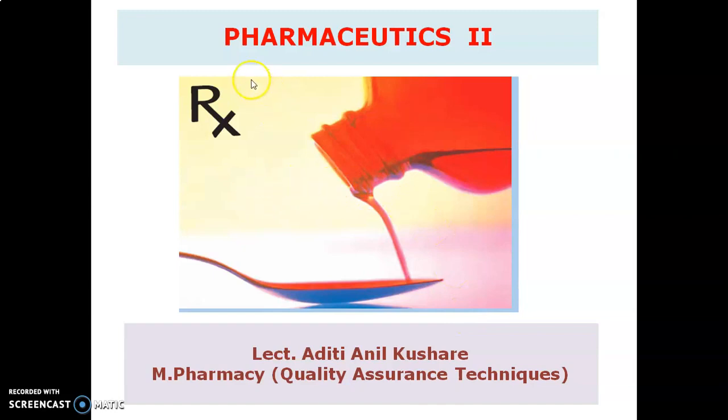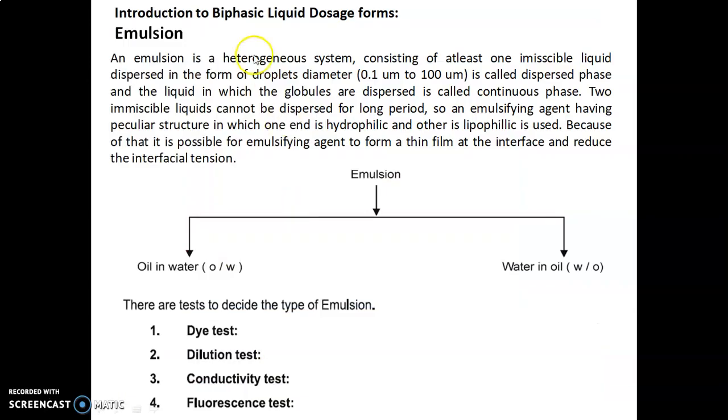Now we will discuss the Pharmaceutics 2 experiments. In that, we will discuss emulsion, an introduction to biphasic liquid dosage forms. An emulsion is a heterogeneous system consisting of at least one immiscible liquid dispersed in the form of droplets with diameter 0.1 micrometer to 100 micrometer, called the dispersed phase, and the liquid in which the globules are dispersed